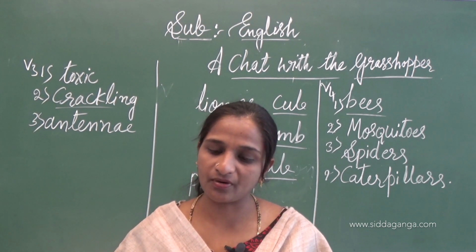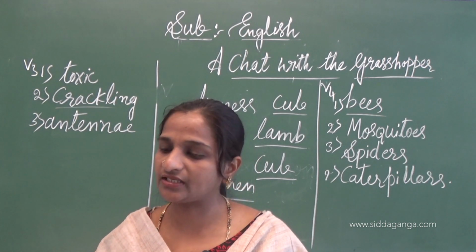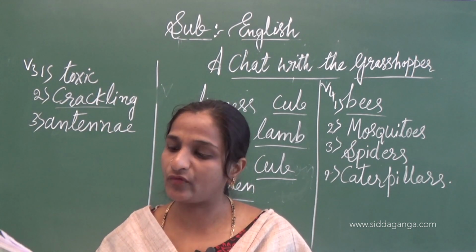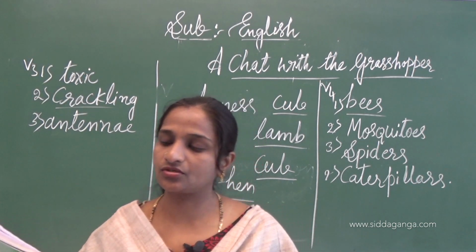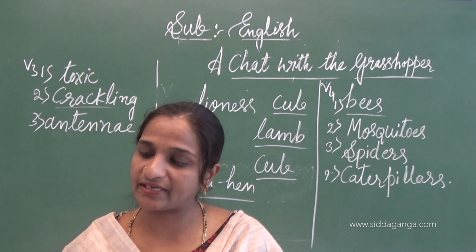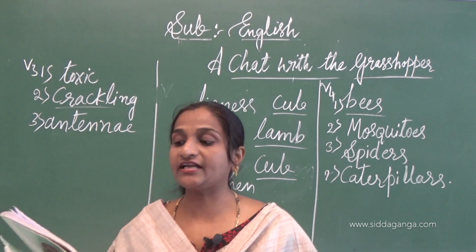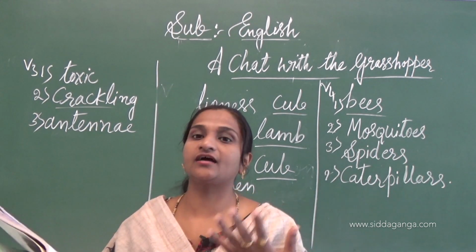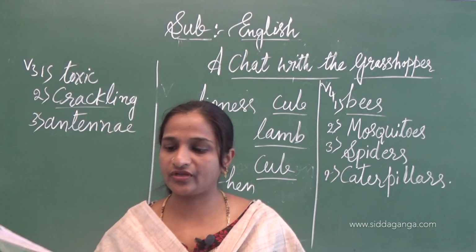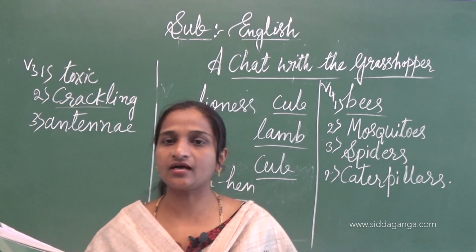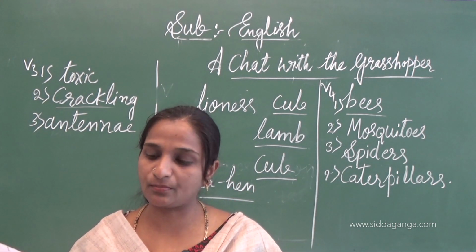Ask questions to your partner about a grasshopper using the clues. So the clues given there are: what, eat, where, live, how many eyes. So clues are given here. What does a grasshopper eat? So using what, we can ask a question here. Where does a grasshopper live? So take where, that clue is given there. So we have to make a question here. So where does a grasshopper live? Second one, where does a grasshopper live?